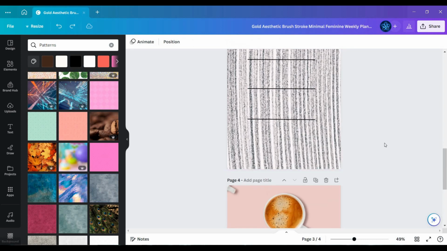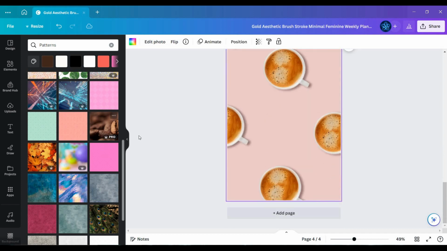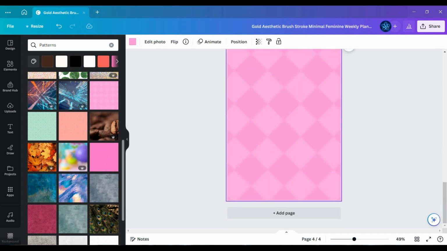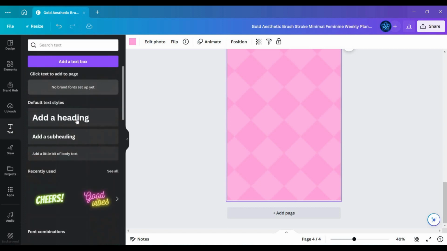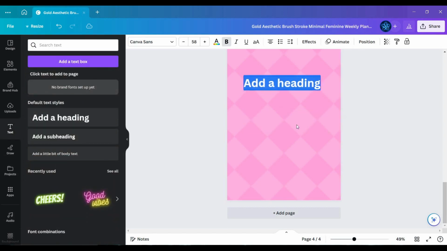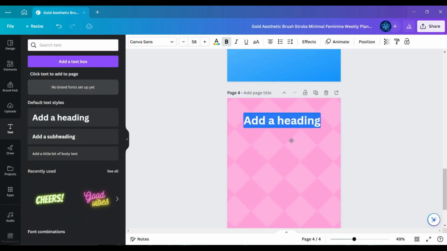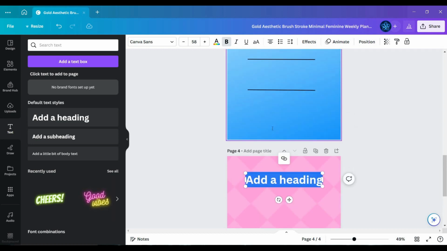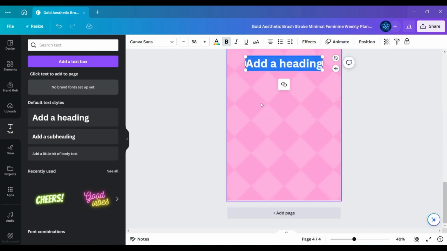We have to do this on the third page. You can upload text, add a heading. You can use your creativity and create your own. This is the fourth page done. Then we can add